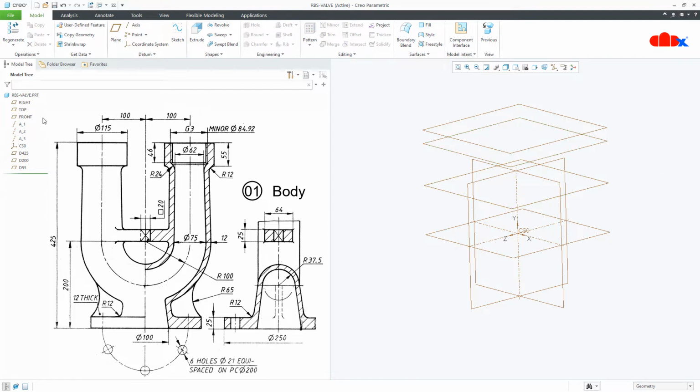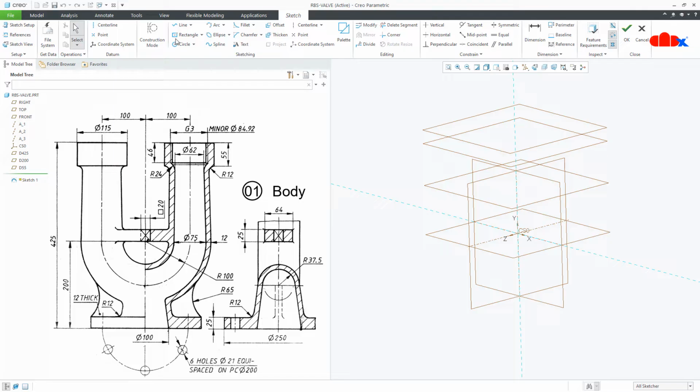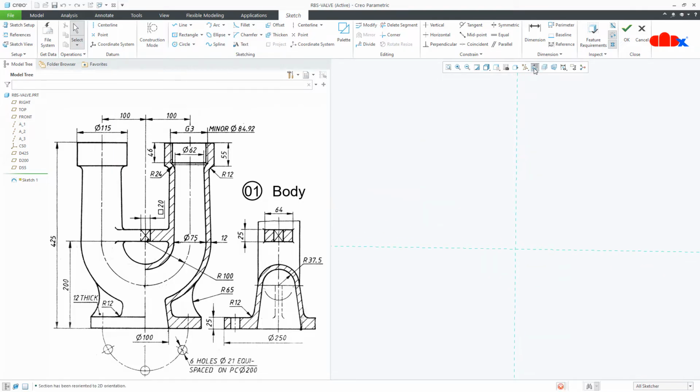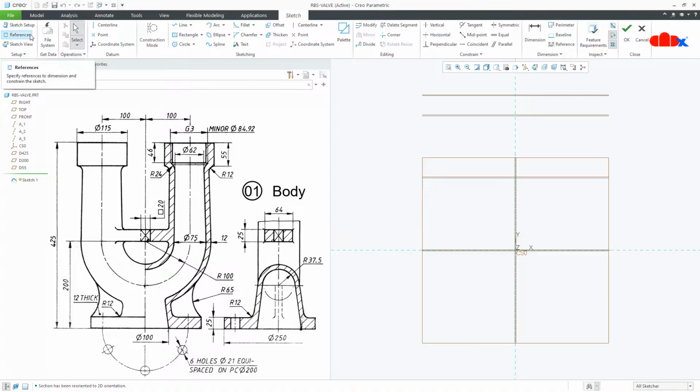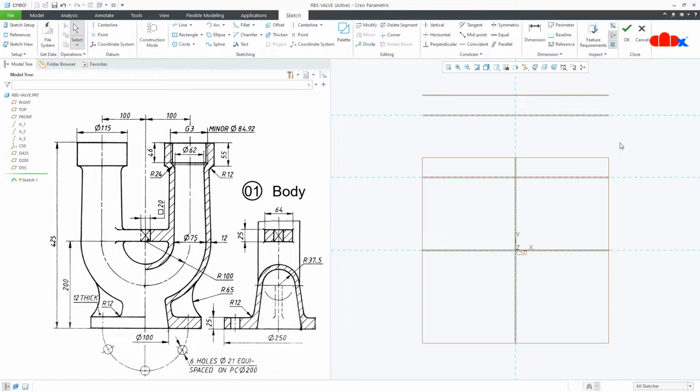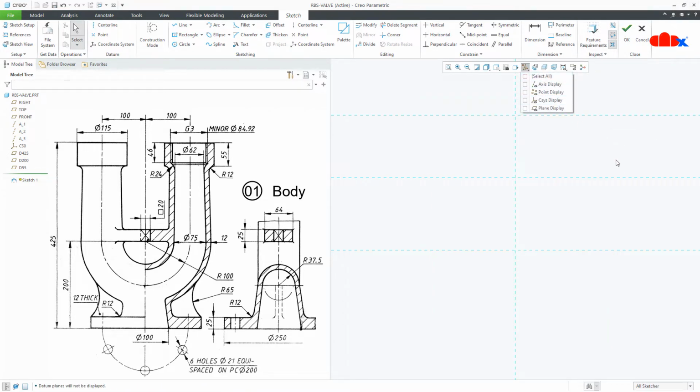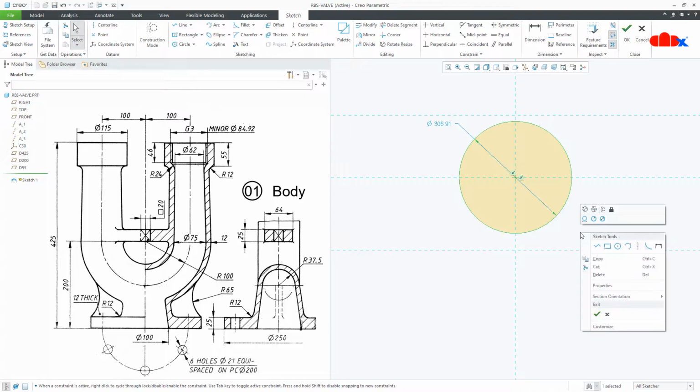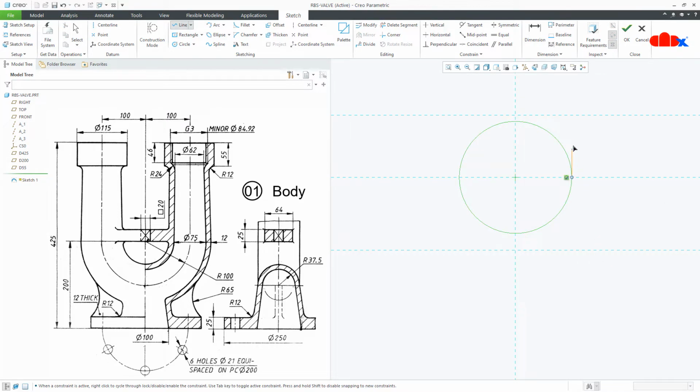Now once this is done, I'll go to the front datum plane and sketch to predefine the path. Normal. I'll go for reference and select this datum plane and this datum plane for reference. Switch off the datums. Now draw the circle from here, this side, then draw the line from this point till here and from this point till here.